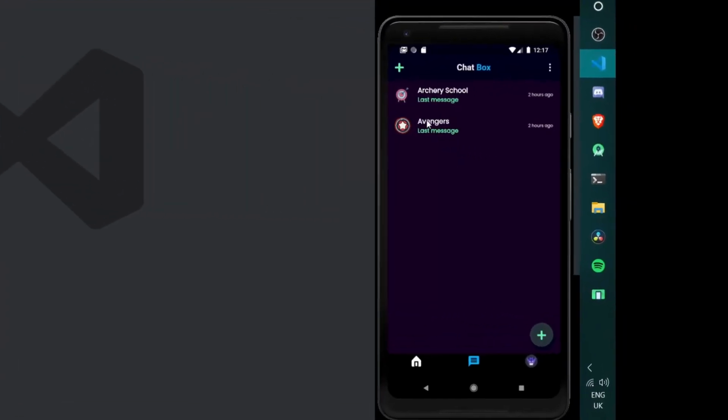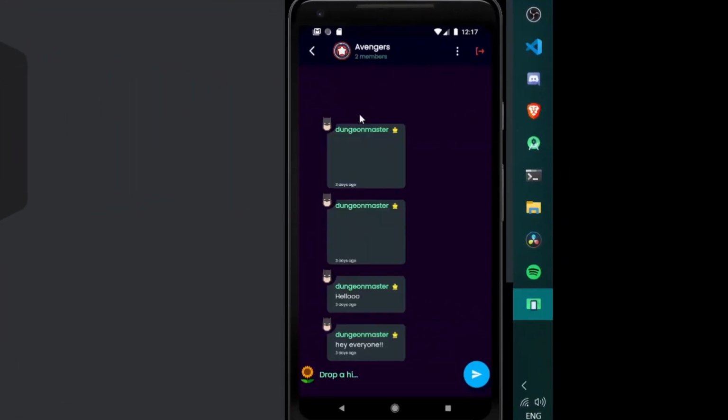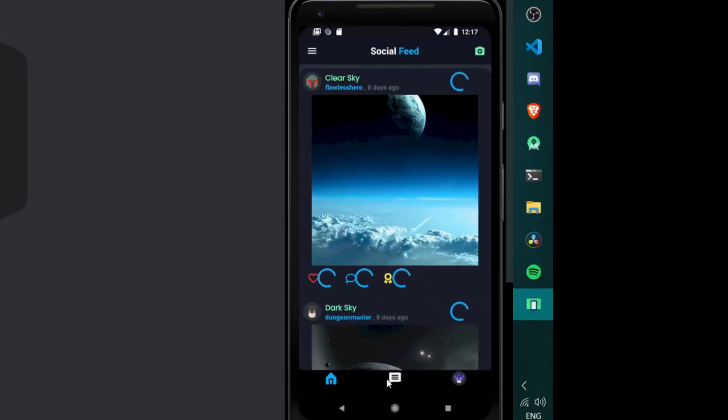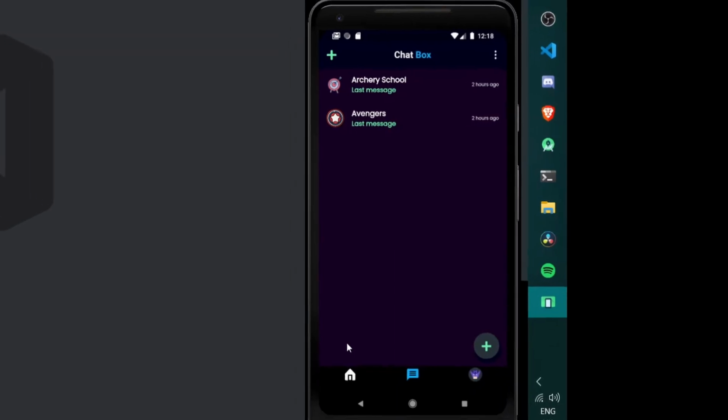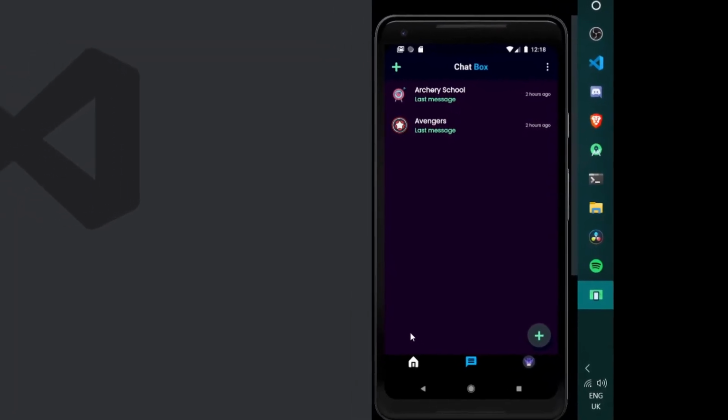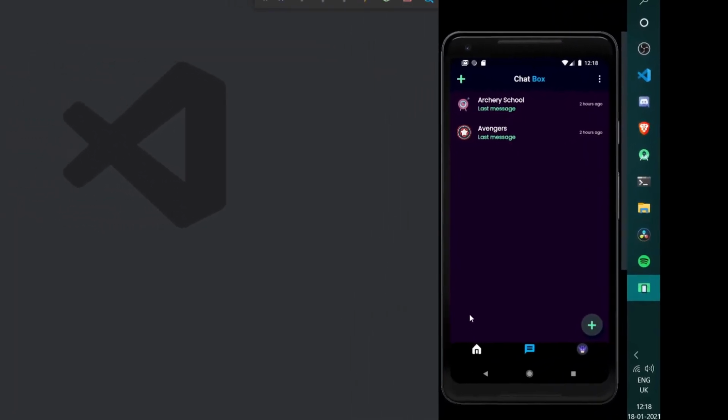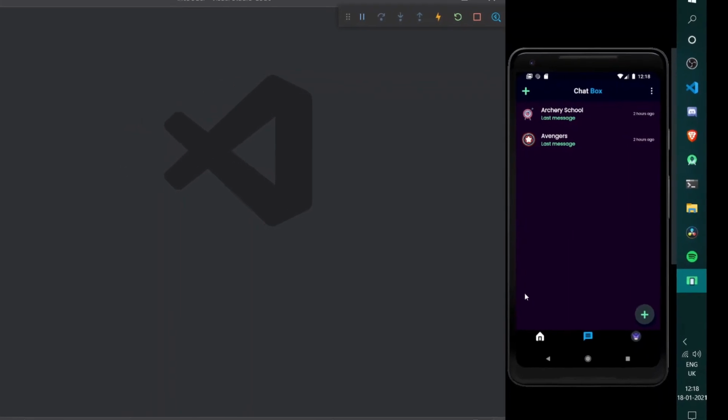Now if I simply move under Avengers, here you can see we have our message, which is hey everyone, which was sent 3 days ago. So now we need to deploy a service through which the user shall be able to see the last message, also the time of the particular last message. But before jumping into our actual video, make sure that you have completed the following tutorials: the tutorial of building up a chat room, also creating the service of sending messages and receiving messages, also the service of TimeAgo under our messages itself. If you have done that, we are good to go.